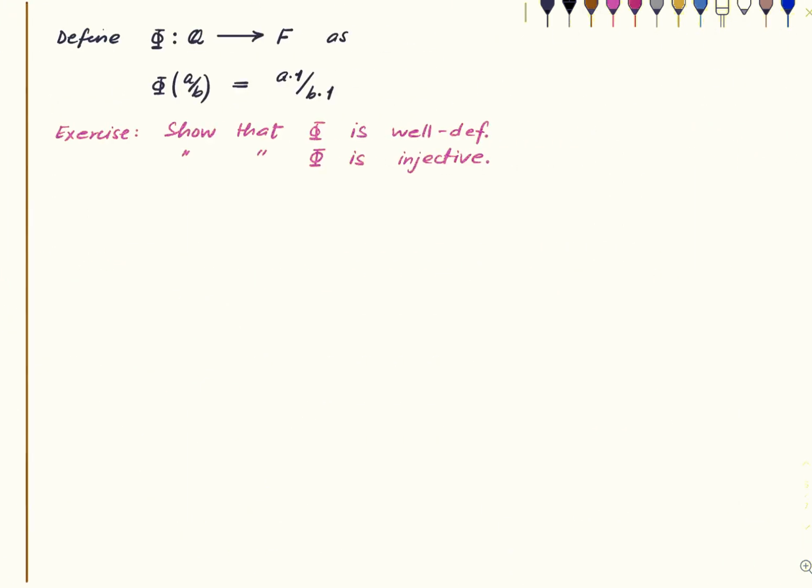Okay, phi is injective, and further, it's an important point to note that it preserves ordering. So show that phi preserves order, which is to say that phi of alpha is less than or equal to phi of beta for some rationals alpha and beta if and only if alpha is less than or equal to beta. So those are the three things. So therefore, this has a natural copy of rationals. Phi is a very simple, very natural map, and this shows that this contains a natural copy of the rationals,